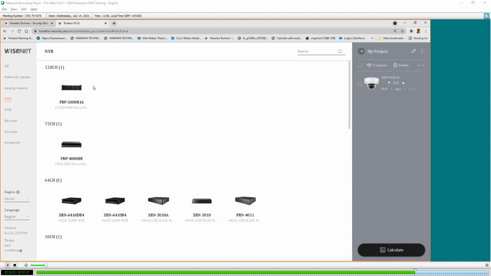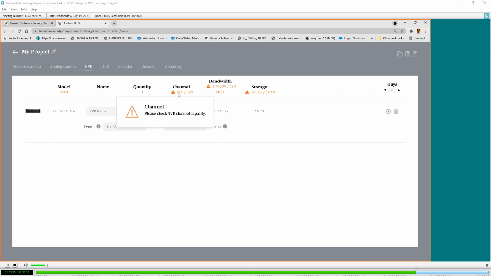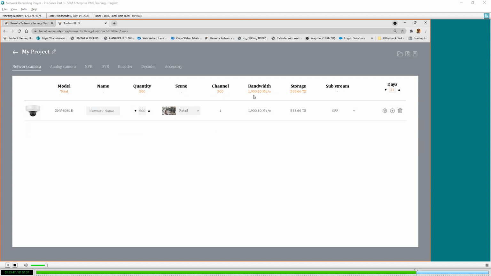This one has Xeon E3. Anyhow, just select this, click on calculate. You can find out how many, then again click on NVR. You need 500 cameras, right? So increase, you need 4 servers. So that's it. You need 4 servers and your bandwidth is 1900.